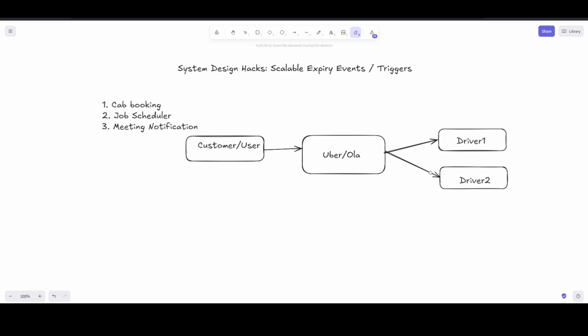There is a little bit of a blurry line between all three cases: the cab booking, job scheduler, and meeting notification. Let's try to focus on the job scheduler part. When we are scheduling a job, for example job one, it can be a one-time event or it can be a recurring event. For example, if I say it is a one-time event, it will have to trigger at